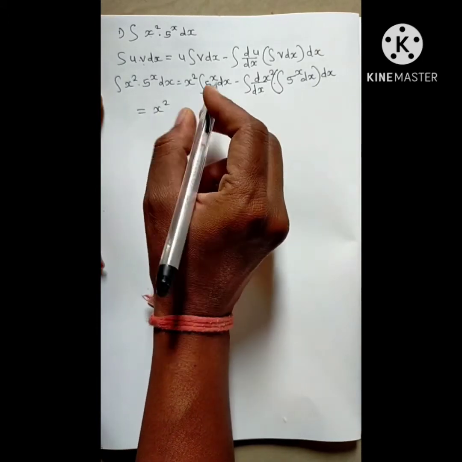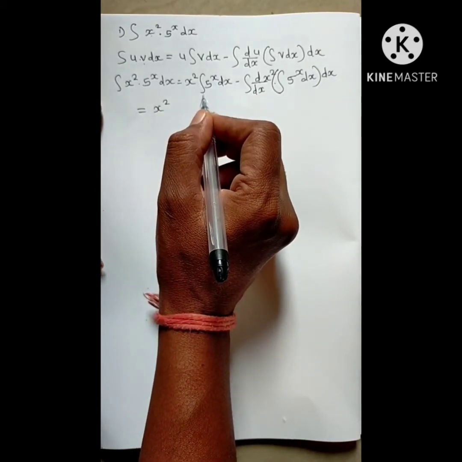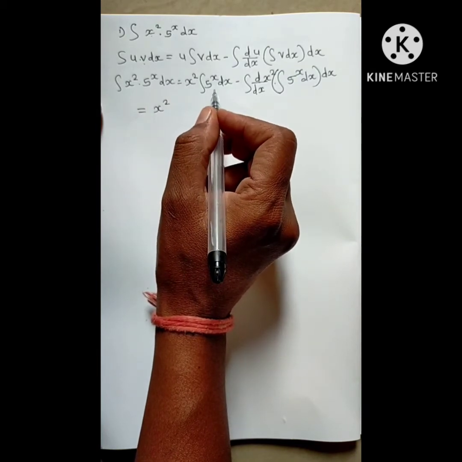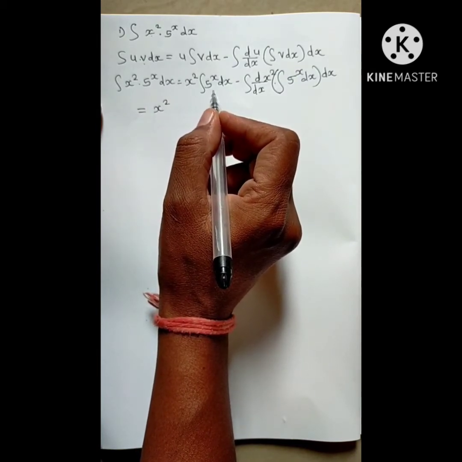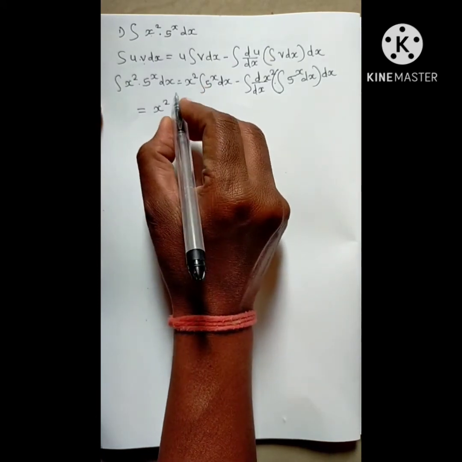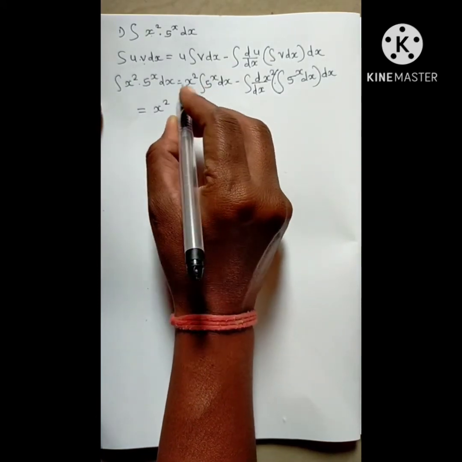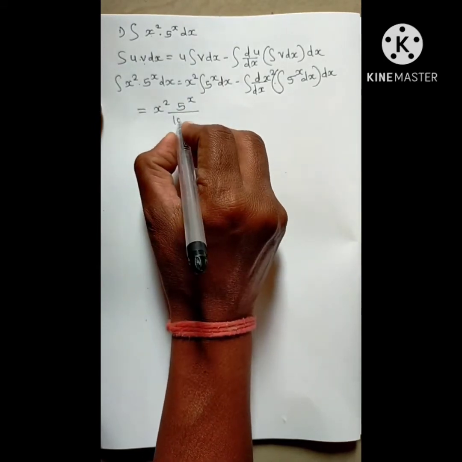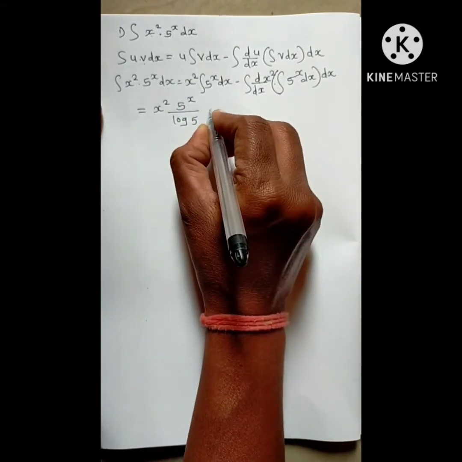We know the value of this integration: integration a raised to x is a raised to x divided by log a. Therefore, using that standard formula, we get 5 raised to x by log of 5 minus